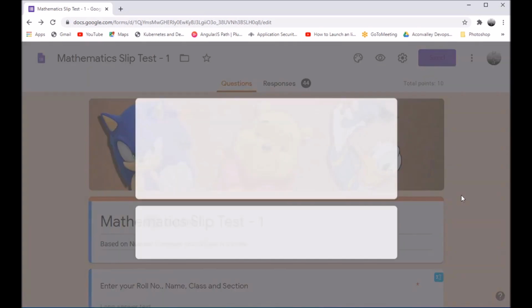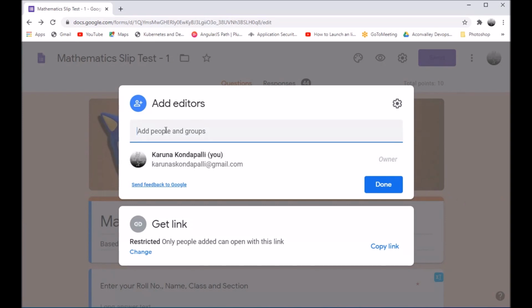and here you can type the names or the mail IDs of the people whom you want to share. That is, the mail IDs of teacher B and teacher C have to be entered here.